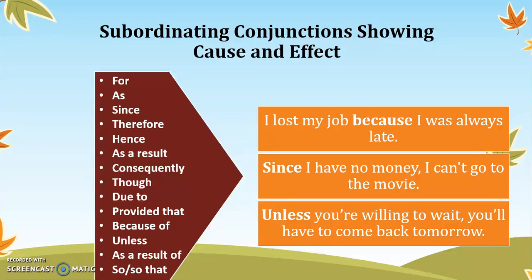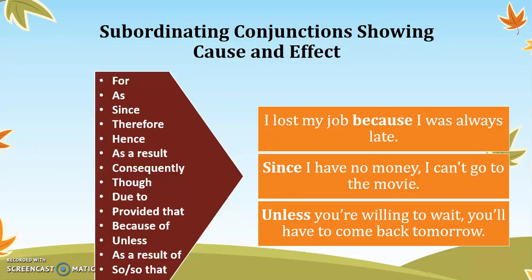On its own, a clause beginning with because is incomplete. For example, if we read "because I was always late," there is a sense that something is missing in that sentence, right? However, if we say, "I lost my job because I was always late,"